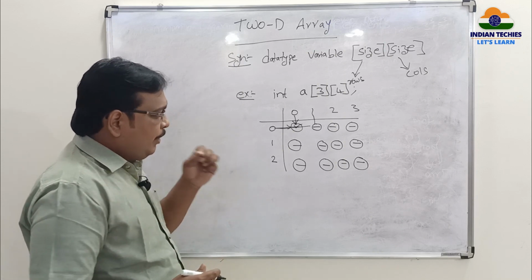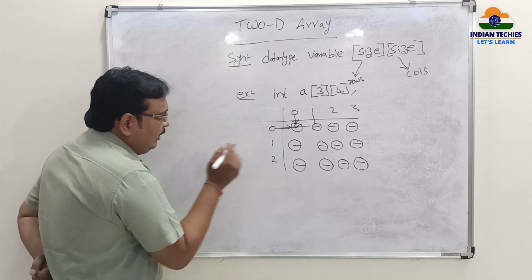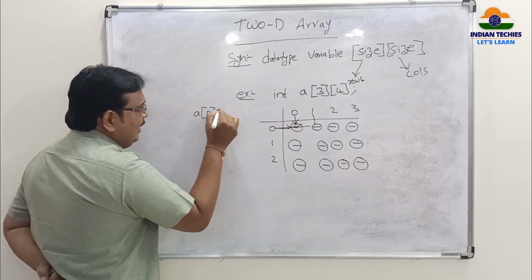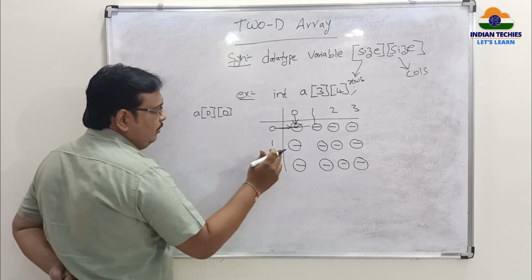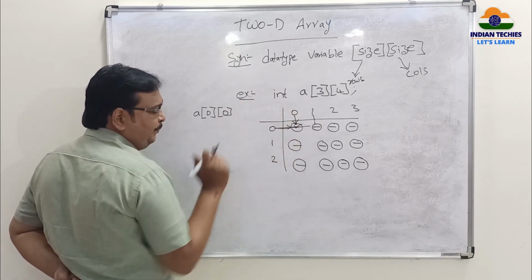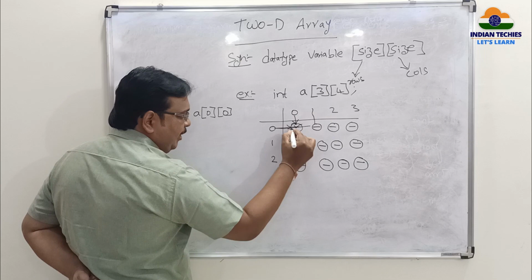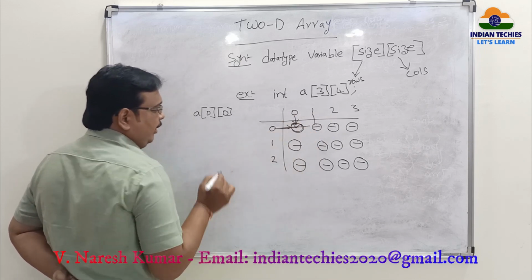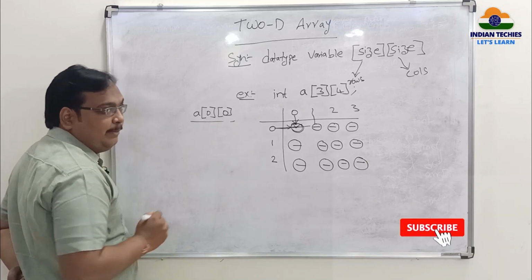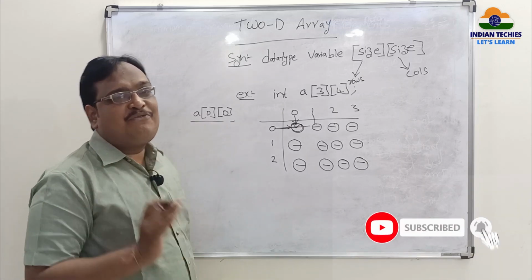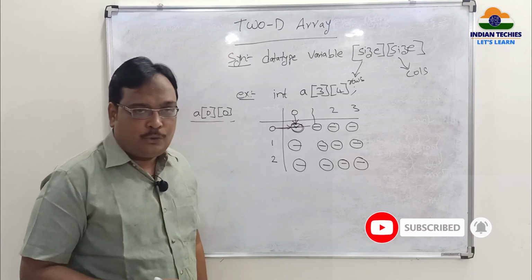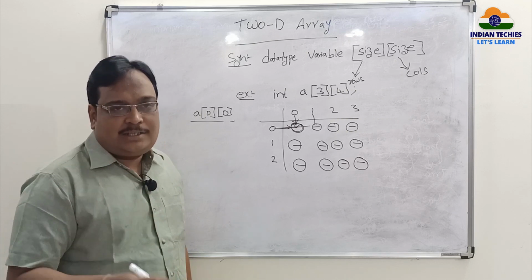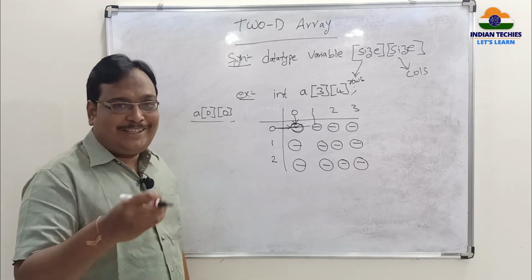How will you write this? The first variable you consider as A of 0 0. The total array name is A, and this is the first variable. How do we access it? It is in the 0th row and 0th column, so this is the name of the first variable. See, the zeros are not the values you are going to store. Whenever you want to store a value, that value has to be accessed with some name. That name is